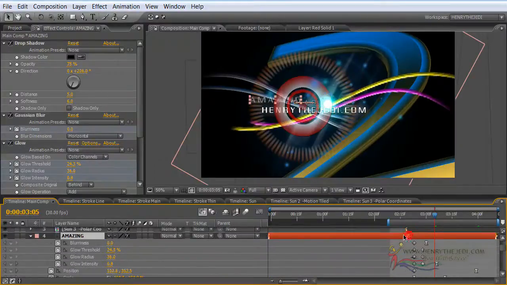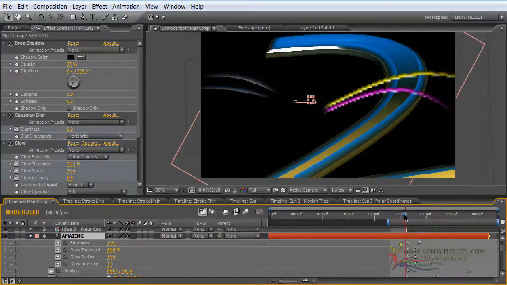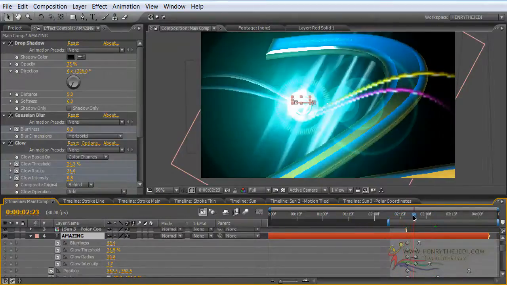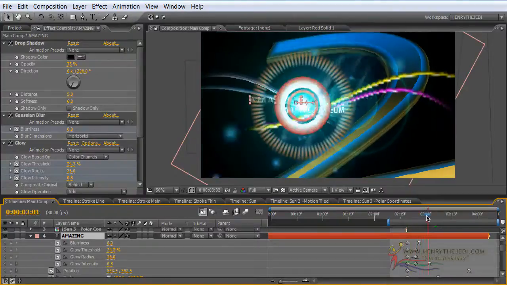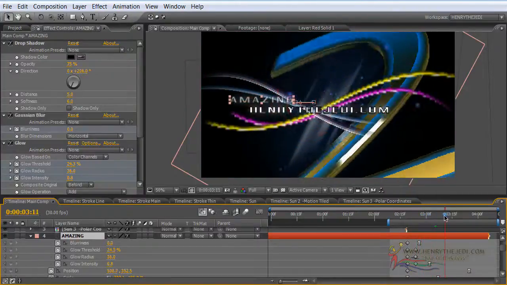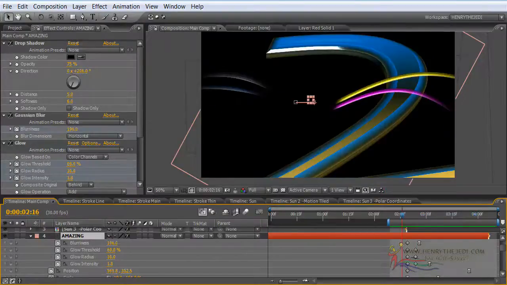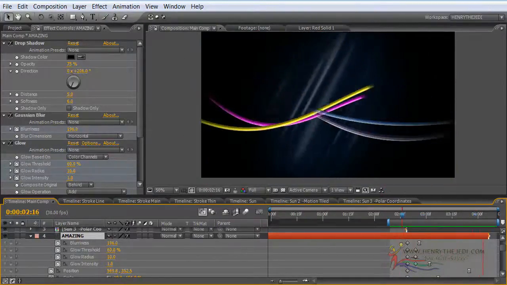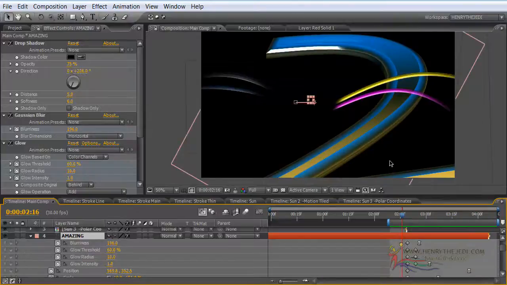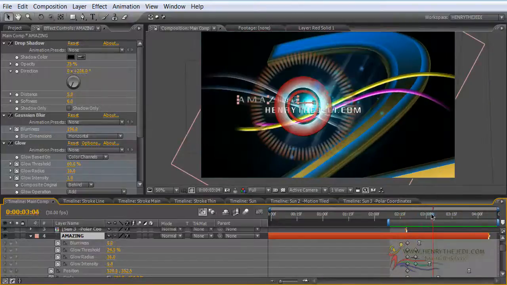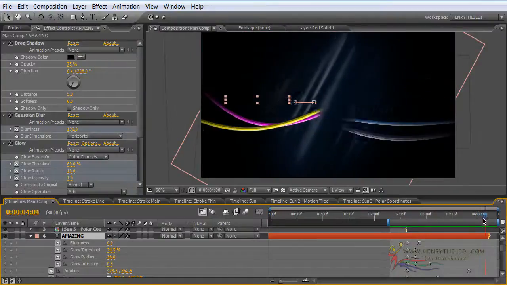I think he can come in a bit earlier, so we're moving the layer a bit more ahead in the timeline. Yeah, like that. Moving on, you can see what a beautiful animation we have. And at this point, just before the layers disappear again,